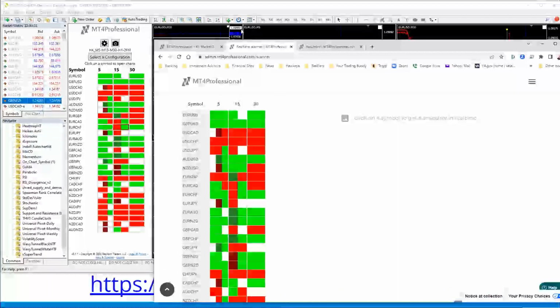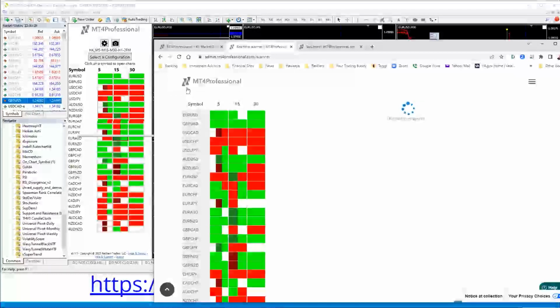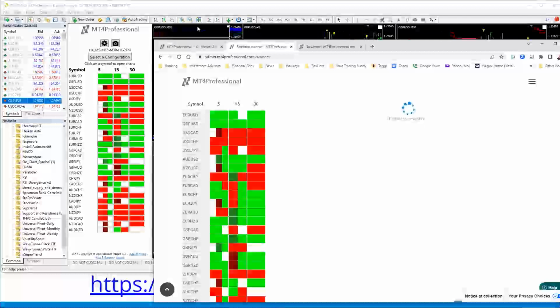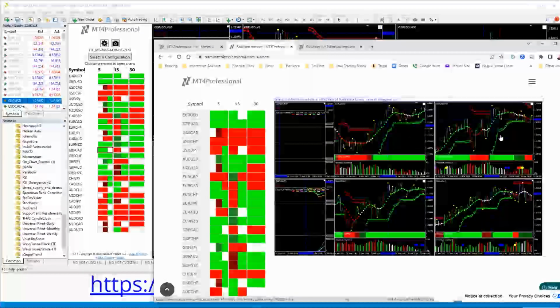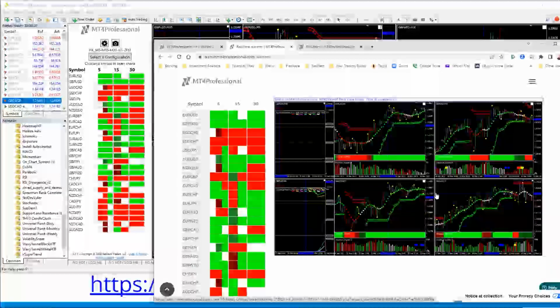Notice the symbol that it's currently using is the euro US dollar. If I click on the pound US dollar, it will automatically change the symbol to the pound US dollar, and it will take a snapshot and show me the output of the scanner and the results on my page. So it'll show me everything that I wanted to see ready for a particular trade setup.